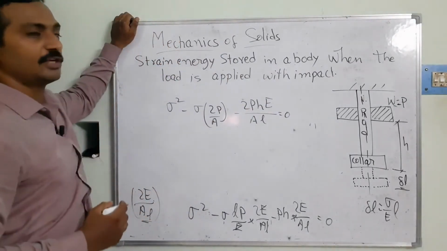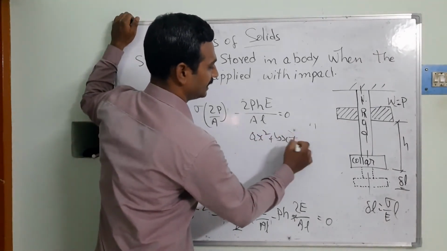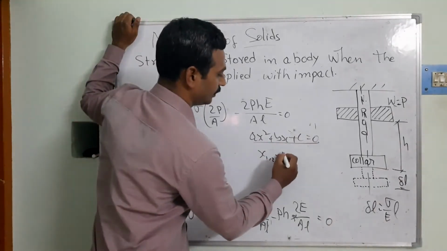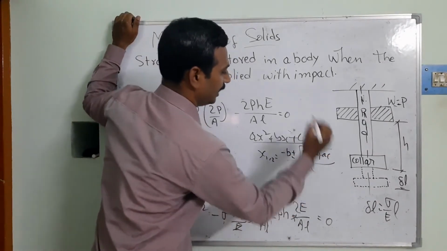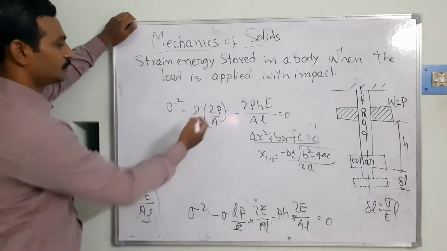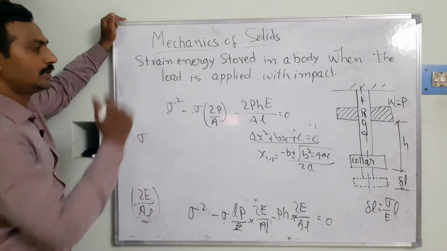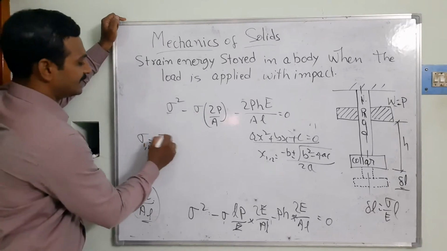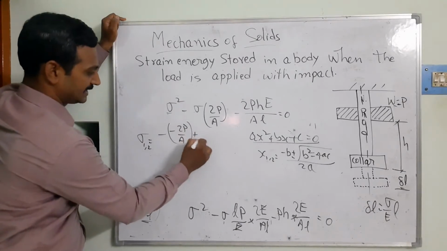So further simplification of this is going to be represented like ax square plus bx plus c is equal to 0. From this quadratic equation, we write x1,2 is equal to minus b plus or minus square root of b square minus 4ac, by 2a. Then I am going to adopt the same equation for this condition, to calculate the sigma. The sigma is nothing but the stress developed due to the impact load. So sigma 1,2 is equal to minus b, here the minus value is there, minus 2P by A, plus or minus